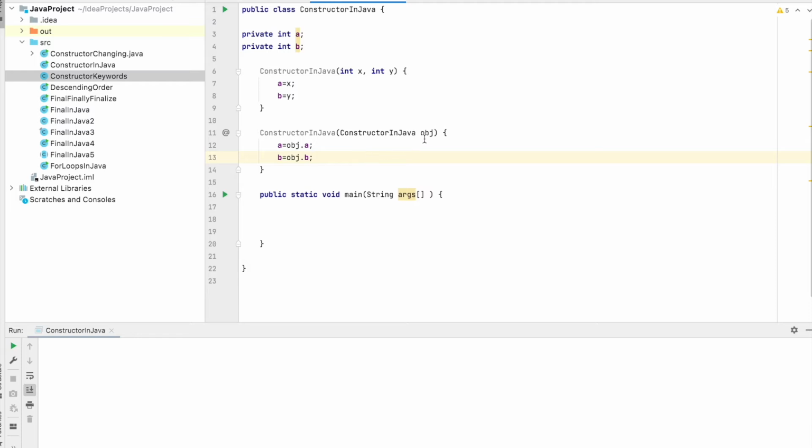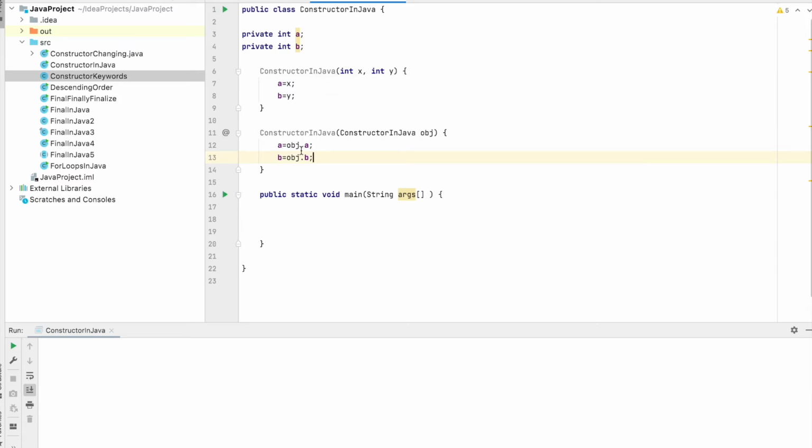What we are trying to achieve here is creating one more constructor which accepts an object type value. This constructor will accept this class type object reference. You can understand it like int x, where instead of int we mention the class name, and instead of x we mention another variable name. Using this we are going to assign the values a and b.